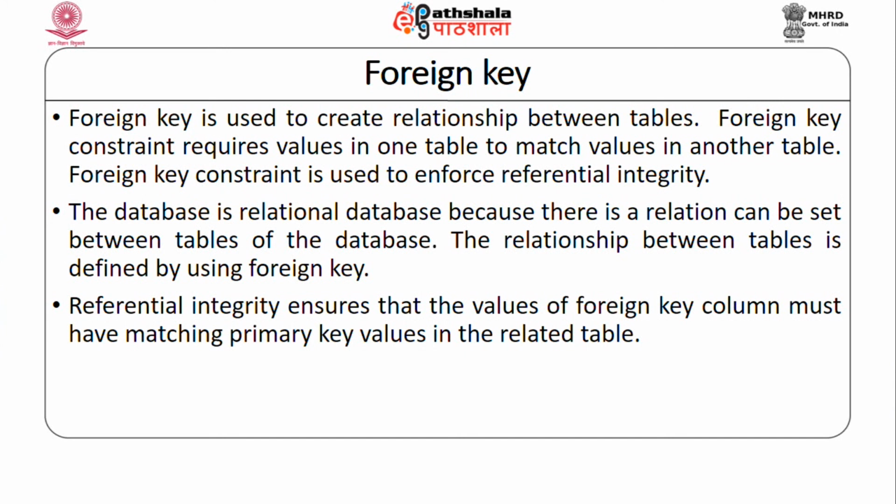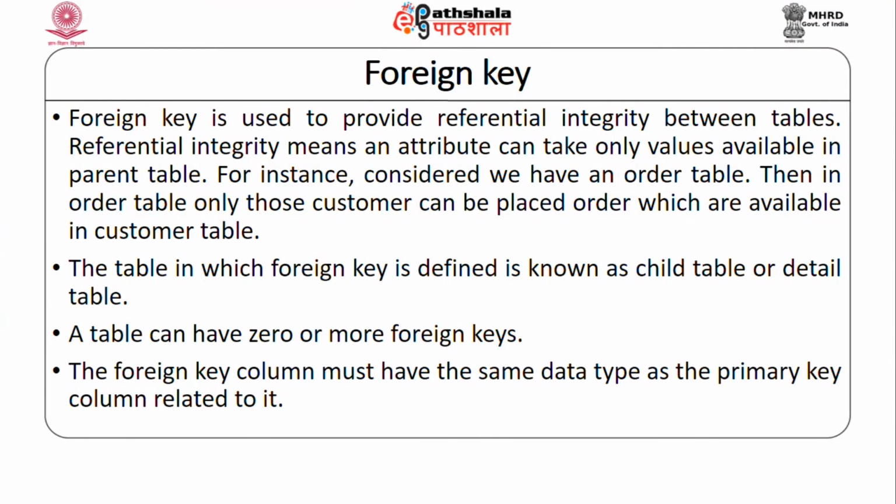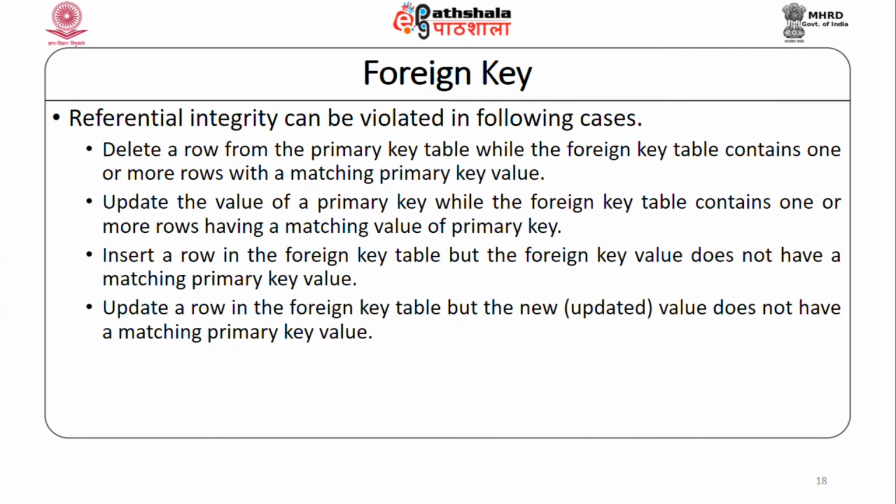Referential integrity ensures that the value of a foreign key must have a matching primary key value in the related table. A foreign key is used to provide referential integrity, and the table in which a foreign key is defined is known as a child table or detail table. A table can have 0, 1, 2, 3, any number of foreign keys defined in it. The foreign key column must have the same data type as the primary key column related to it. So, if you define a primary key with data type integer, and in another table you define that column as a foreign key, the data type must be the same or compatible,